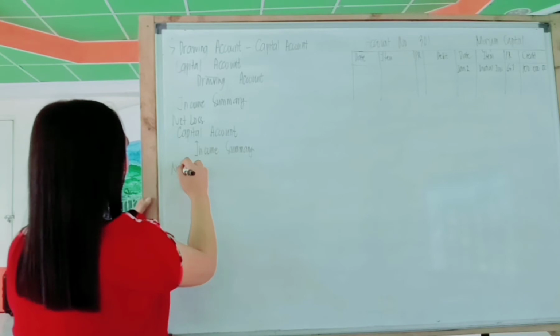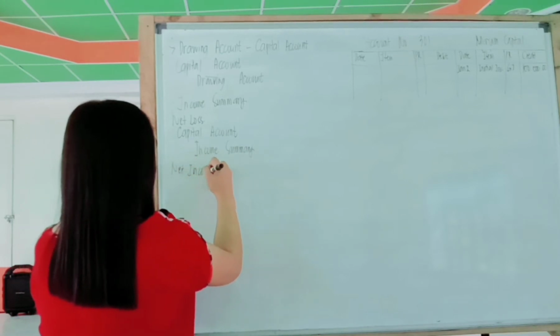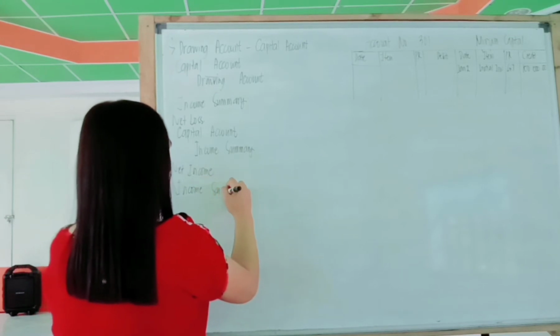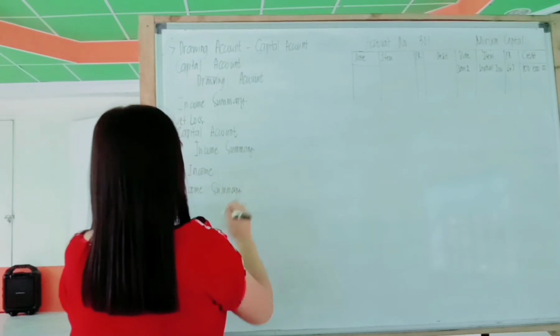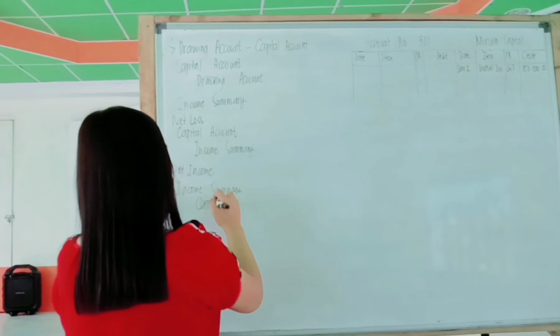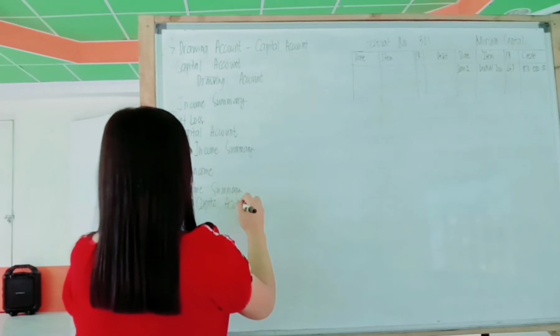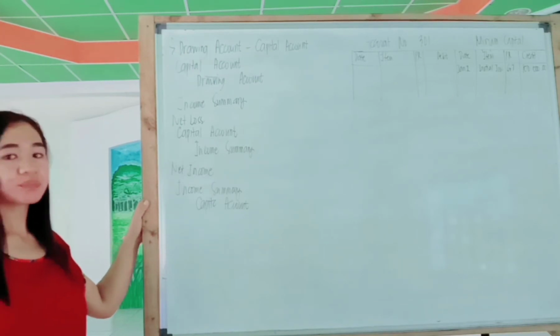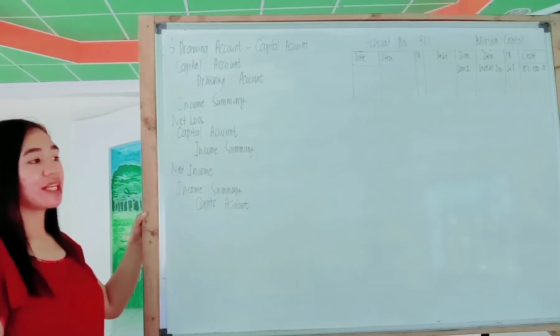But if it's a net income, debit income summary, and then credit capital account. Okay, so for the case of Miriam,